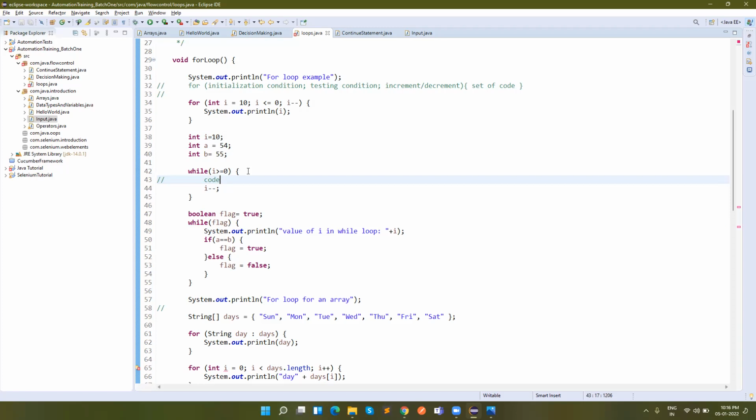While in the for loop, we write everything in a single line. So the for loop is easier to debug and easier to understand than the while loop. Make sure that if you have to repeat your code for X number of times, always use the for loop instead of the while loop.